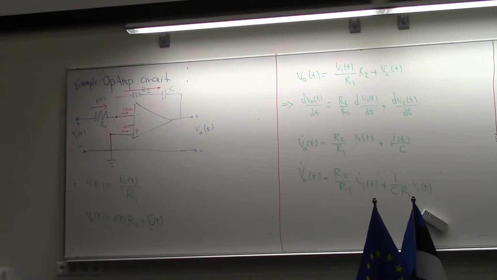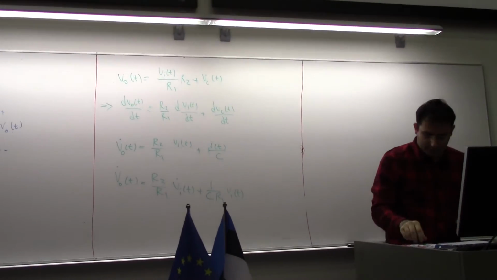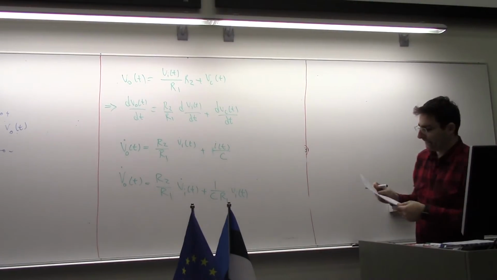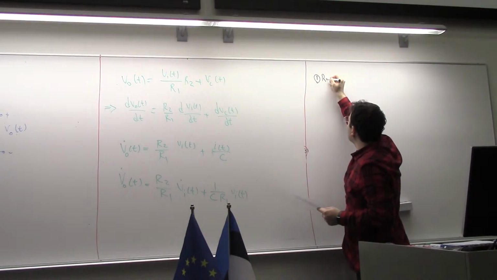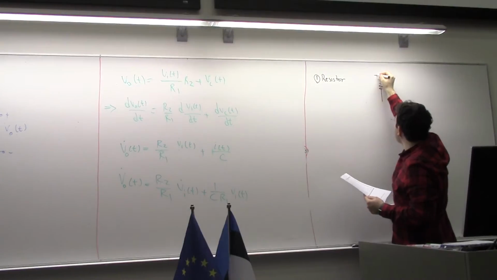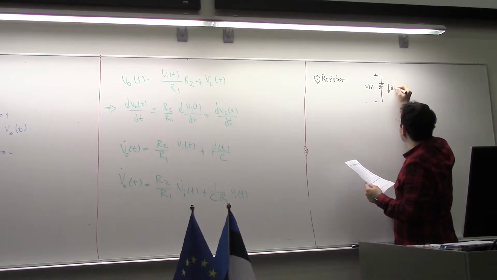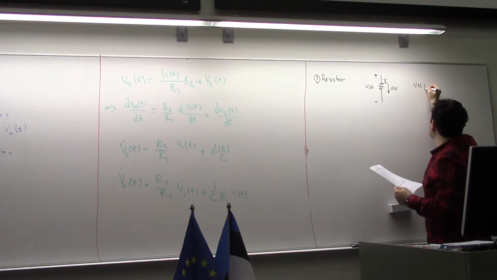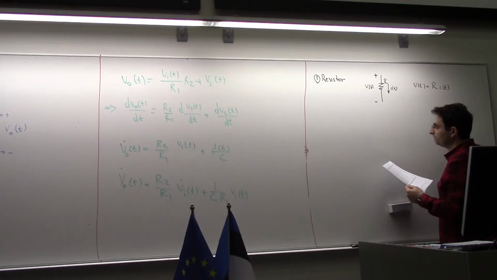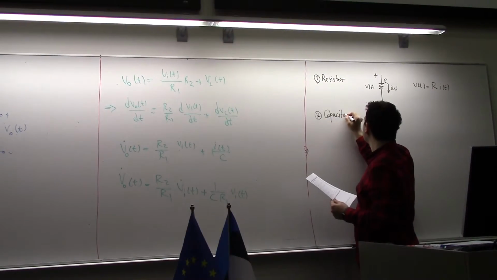I know the thing that I will write here, you already know it, but in any case, for safety, we write it down again. For resistor, Vt is equal to RIT. For capacitor,